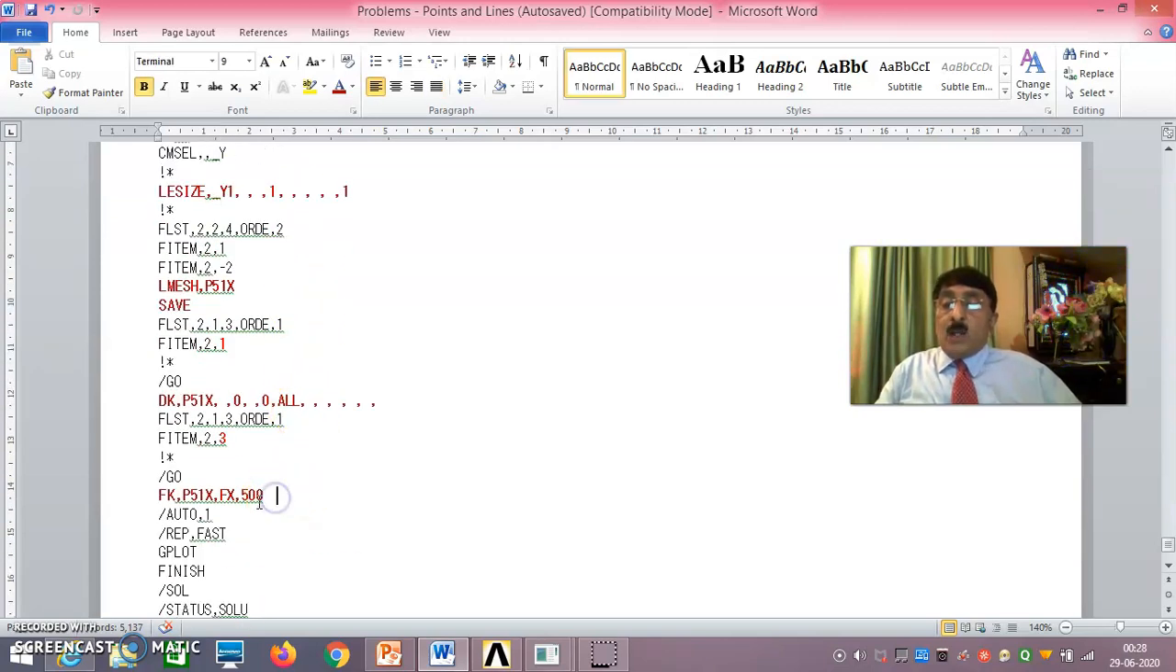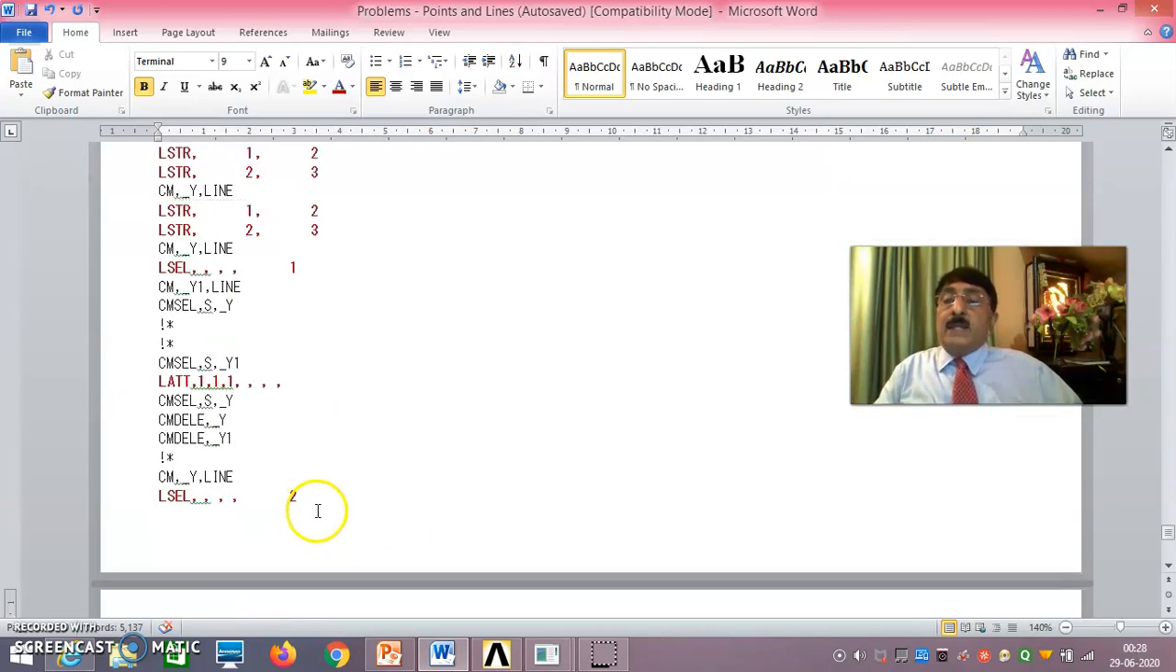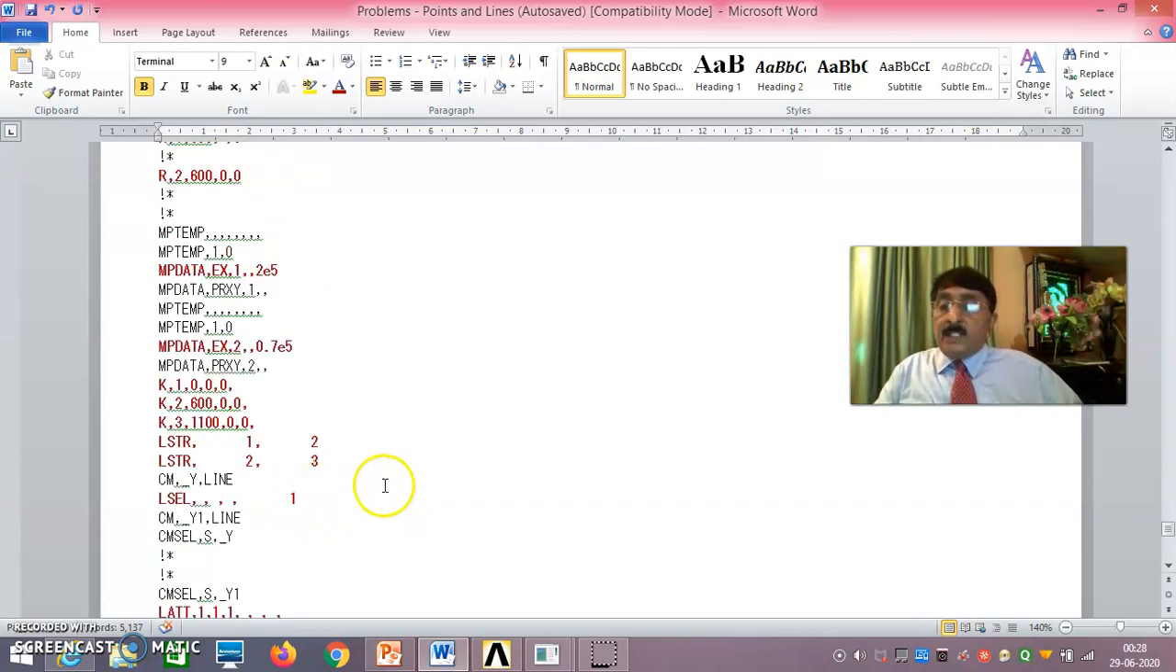Here you see, I have done 500, no? 500 was the force applied. Now I'll take 50,000 instead of 500 newtons. I'm making it 50,000 newtons. You just do this. Now I have changed this. 500 is easily changeable here. In the same way, you can make changes